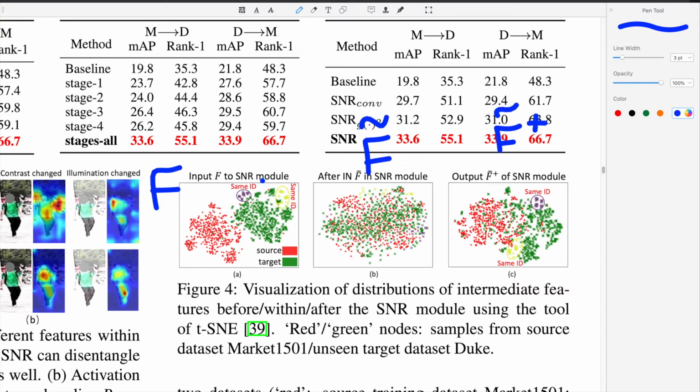And you can see that in the input feature F, this is the intermediate feature where the red is from a source domain and the green is from the target domain. And you can see that because of the domain discrepancies, the feature distribution are far apart, like this here and this here. And ideally, we want the style information to be removed, so we want these two features to be